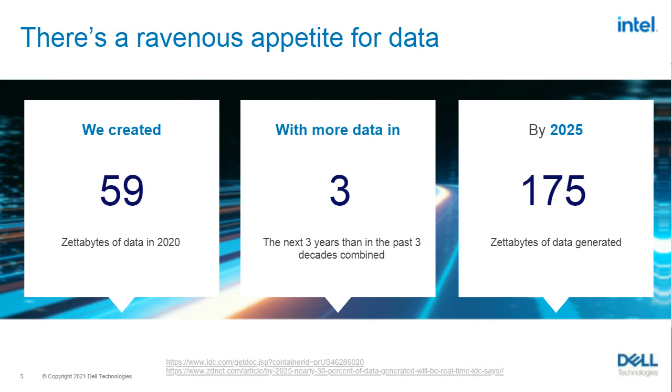So as you can imagine, we're creating huge amounts of data. As you can see here, 59 zettabytes of data in 2020, according to IDC. Now, some of that may account for Netflix and Spotify for the year that's been in it. But a lot of that information is maybe data from IoT devices, smart devices, but as you can see, it's actually growing more exponentially than we can even imagine now. I can't actually fathom what 59 zettabytes is. But by the time we get to 2025, we're going to be at 3 times that, 175 zettabytes.